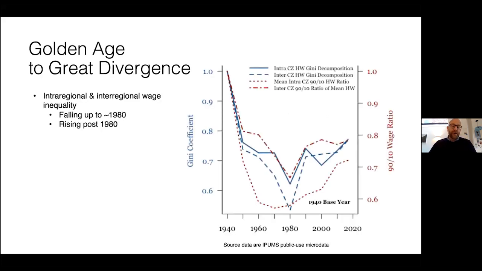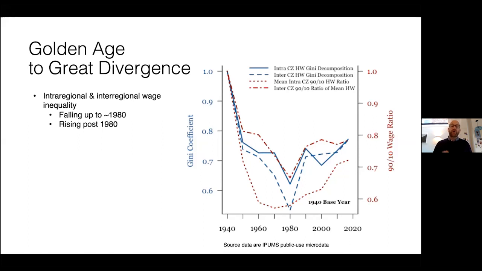So the stylized facts motivating the work we are doing have to do with inequality, of course, as befits this seminar. In particular, we're looking at the United States, and there are two kinds of inequality that we are interested in trying to better understand. The first is interpersonal inequality, so inequality between people. And the second is interregional inequality, or inequality between, let's say, average wage levels between places.